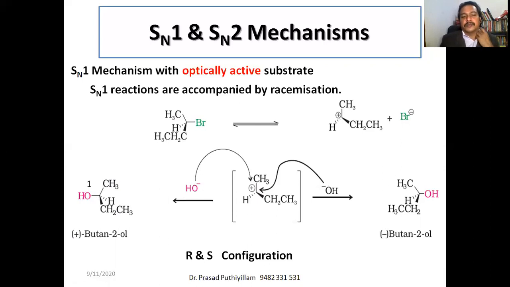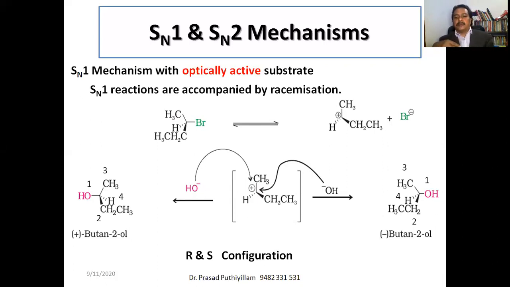That is the hydroxyl group there. Then CH2, CH3. Third priority goes to CH3, and the fourth priority goes to the hydrogen. If I take the second molecule and check the priority order, it is the same type of molecule, an enantiomer. So the first priority goes to the hydroxyl group, that is oxygen. Then the second priority goes to the carbon connected to another carbon. Third priority goes to the carbon containing hydrogen, and fourth priority is hydrogen.